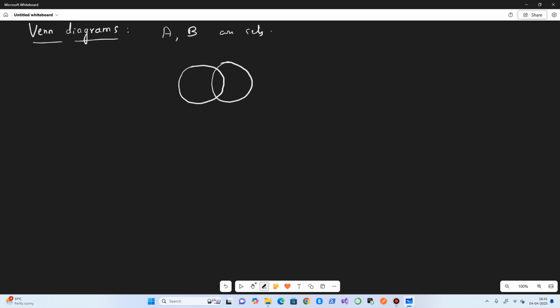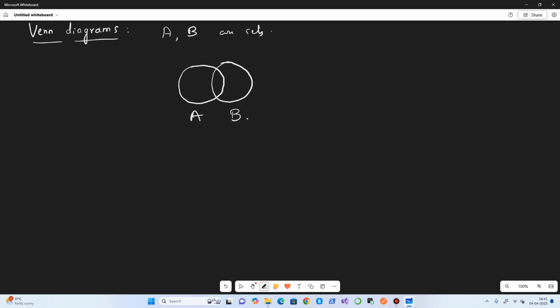In general, we represent something like this. A and B are represented individually as circles, or sometimes as ovals, but either form is fine.